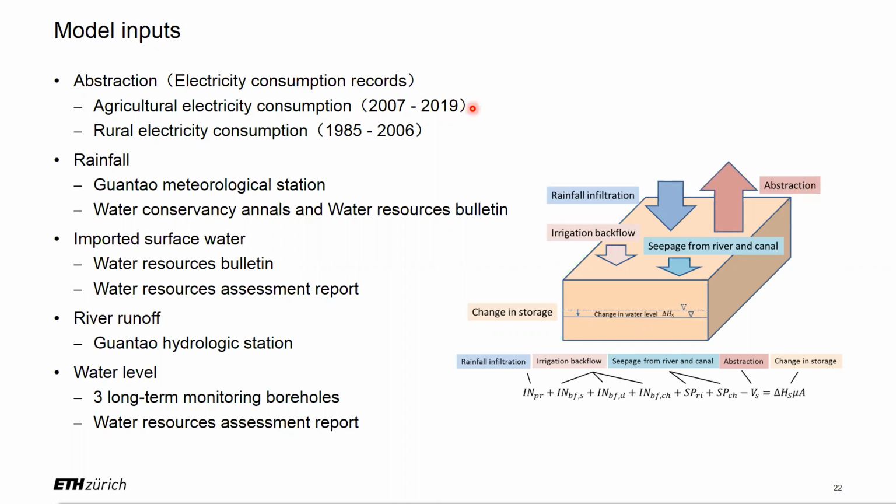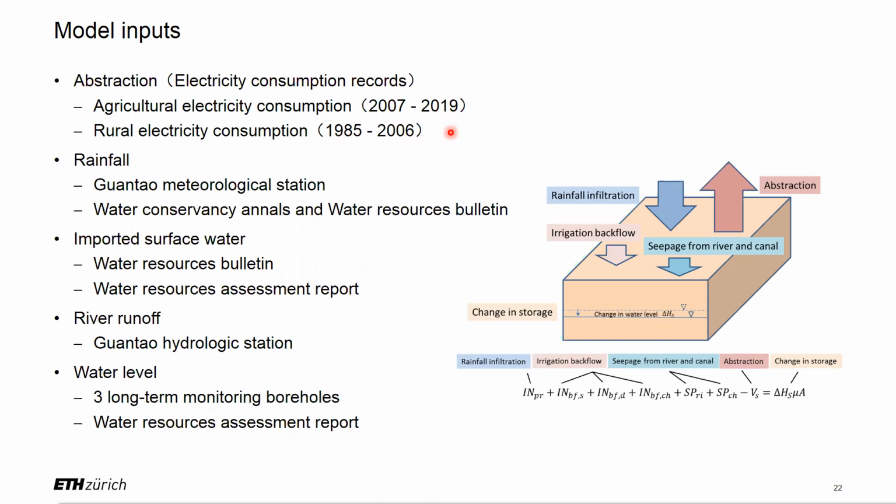In history, usually only the total agricultural electricity consumption is available, and before 2007, there is only rural electricity consumption, which includes not only agricultural electricity consumption for pumping, but also the electricity use of domestic and other use. So we need to pre-process this rural electricity consumption, which I will introduce in the application